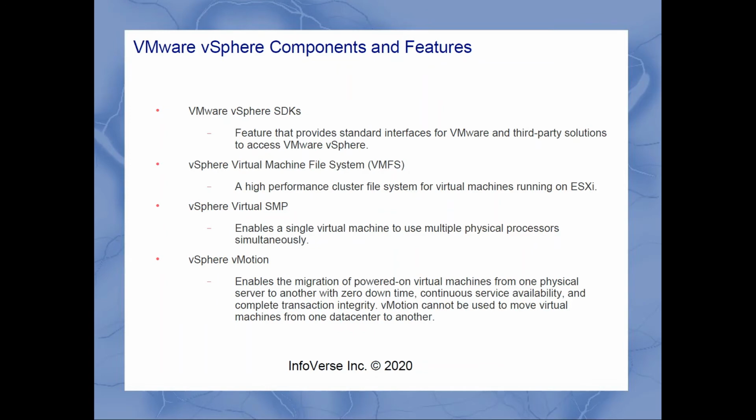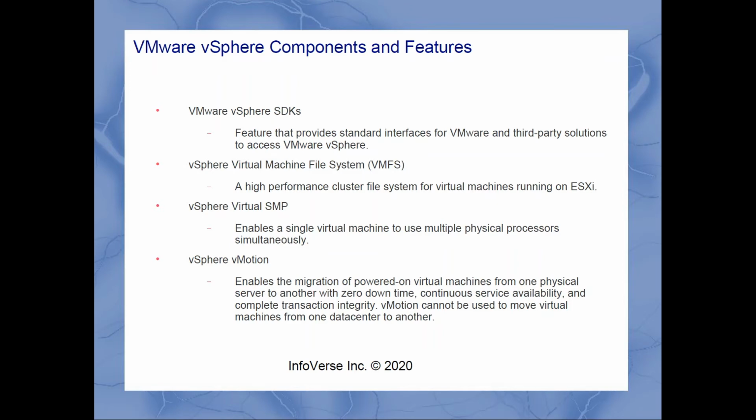When we talk about VMFS, it's a high performance clustered file system for virtual machines, and the virtual machine disk files reside on these data stores. vSphere Virtual SMP enables a single virtual machine to use multiple physical processors simultaneously. As you saw in the previous slide, we can support up to 64, 128 virtual CPUs per VM. Again, a very powerful configuration for a